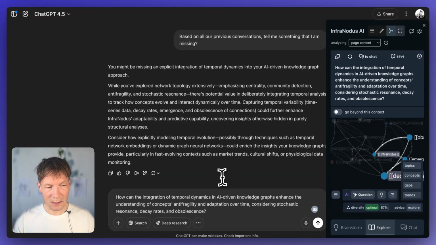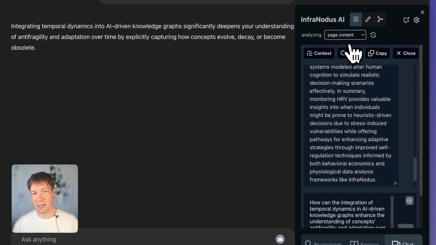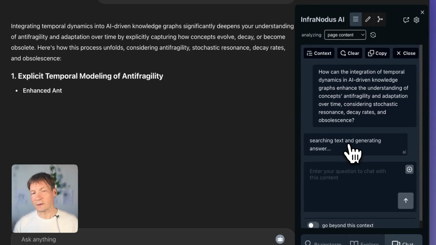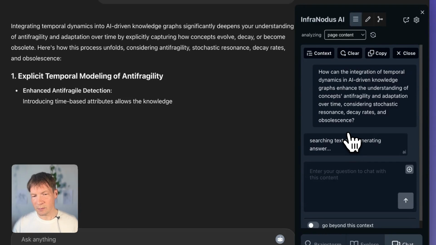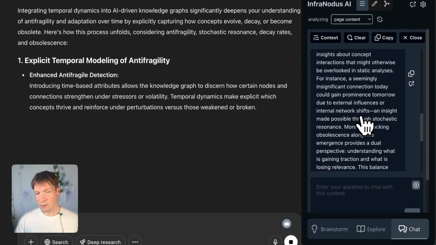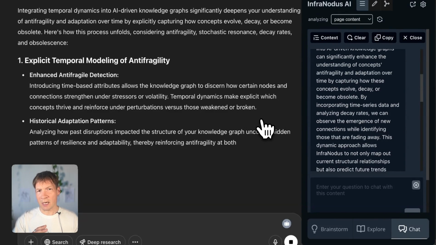So I'm going to copy this into ChatGPT, and then it will generate a new response. By the way, I can even feed this question inside InfraNodus itself to the chat that it has, and then InfraNodus itself will provide the response based on the built-in GPT-4 model. So you can also generate responses to those questions inside InfraNodus itself if you don't want to pollute your chat